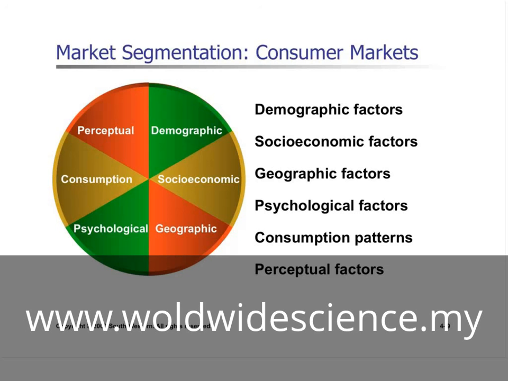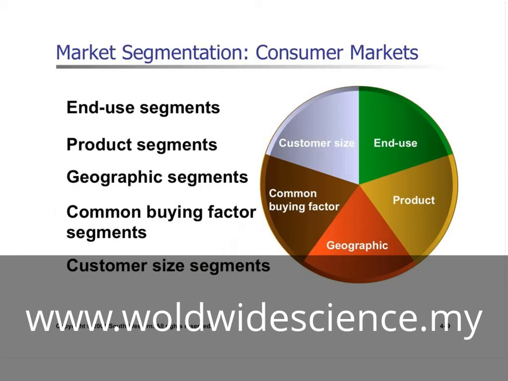Okay, sounds good. So market segments in industrial markets are end-use segments, product segments, geographical segments, common buying factor segments, and customer size segments. This is another way of segmentation: like you said, end-use, the product, geographical, what geographical issues or concepts are there, and then common buying factor,